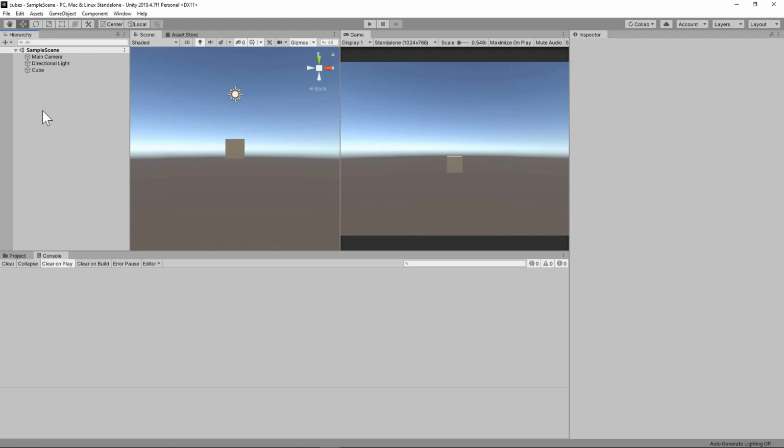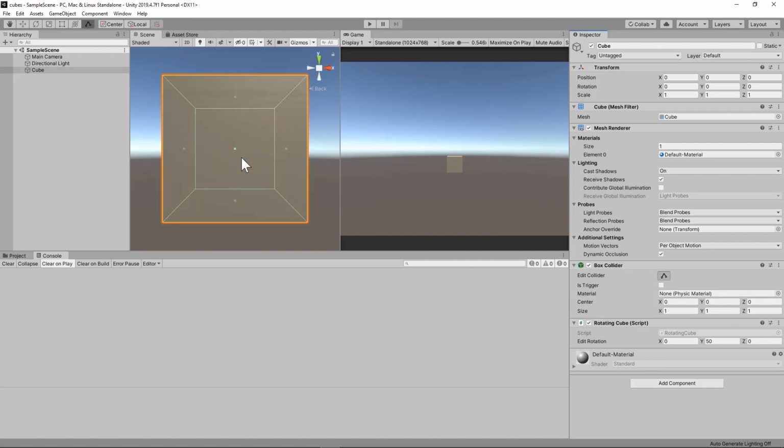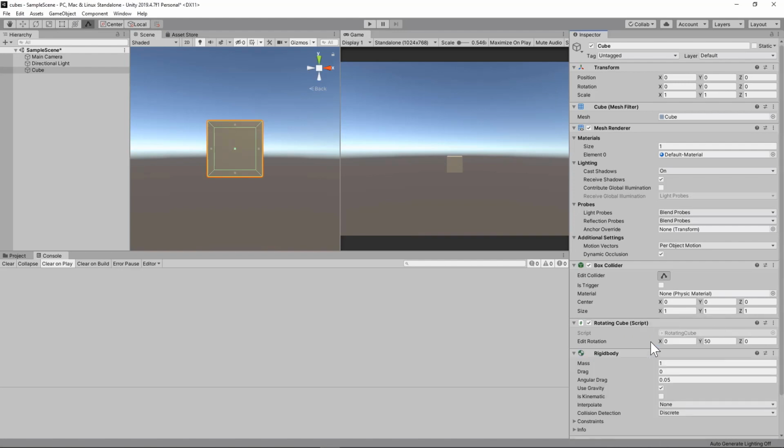When we created that cube previously, you'll notice that there's already a box collider applied to the game object. This component will be responsible for sending messages to your script, like OnCollisionEnter, for example. If you click on the Edit Collider button, you can actually control how big that collider is relative to the game object. But for the game object to have physical properties, we need the rigid body component. So let's press Add Component, search for rigid body, and add rigid body.